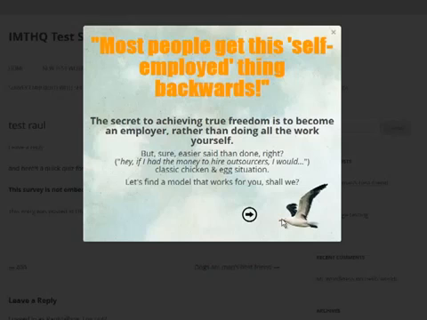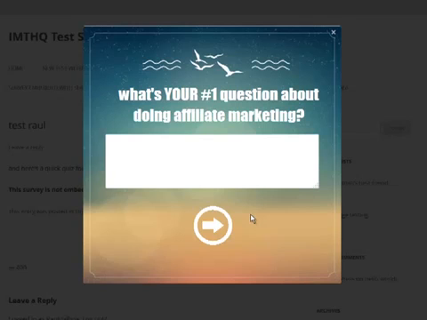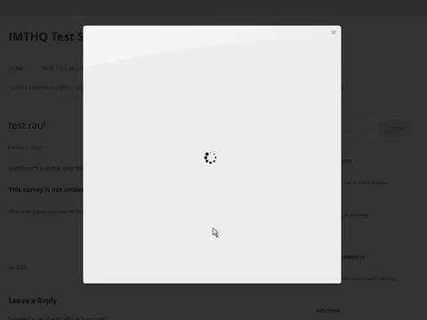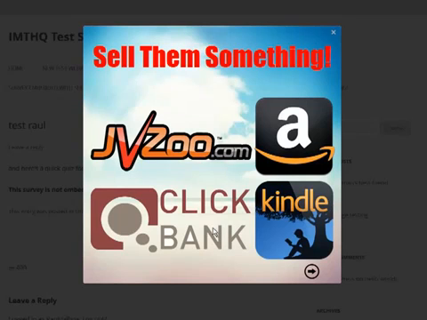I've just set up a different group of different things. So rather than always having questions, you can also give some feedback. So here's a bit of feedback. Once again, you can choose the font, the color, the size, the alignment, anything you like. And this time I've chosen a small next button, well, a different one. Then you can also ask people open questions. Once again, here, just basically put in your question. Here's the field. You can design the size, everything of this whole thing. Another type of thing you can do is basically just have a splash page and have a little thing at the bottom. And this is the idea.